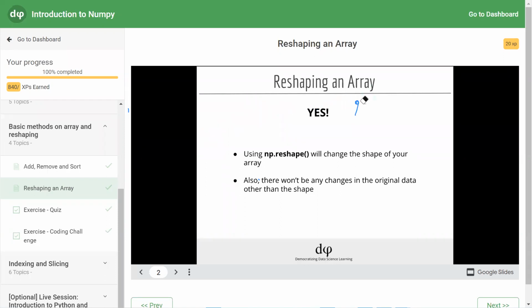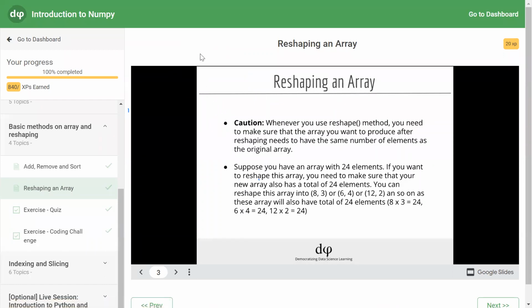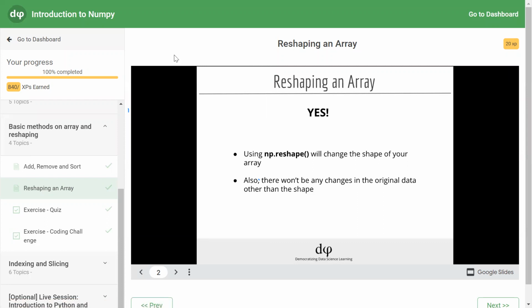Or you can use the array.reshape function. So it is available as a NumPy module function, and it is also available as an array object method. You can run the reshape function on the array and directly pass the shape as an argument, 5, 5.